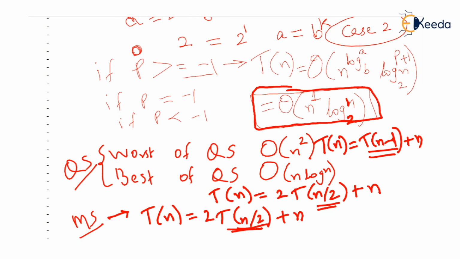So which one will you prefer, quicksort or merge sort? What is the comparison? Now somebody asks you which one is better, quicksort or merge sort? Because you can see that approximately both work in O(n log n). Quicksort in the best case works in O(n log n) and merge sort also works in O(n log n). So which one will you prefer? We have to compare quicksort and merge sort, isn't it? Which we will do in the next video. Thank you very much.